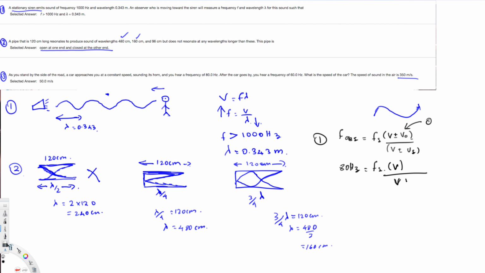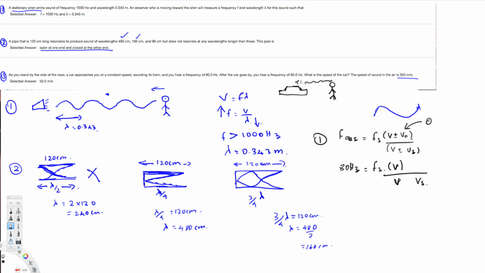This is the most important thing. This is the situation where we have to decide whether to put the plus or minus. So let's see how we can decide that. We have the velocity of the air and the velocity of the source. Now it's thinking time. When a car approaches a guy, the guy is standing still and the car is moving toward him, and it produces sound. The sound wave is going like this.